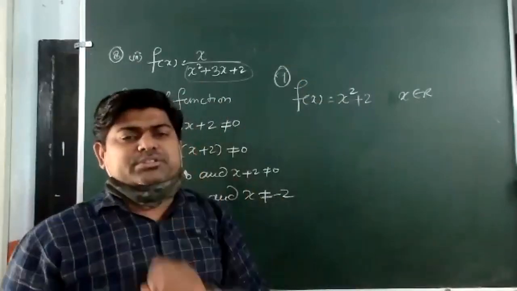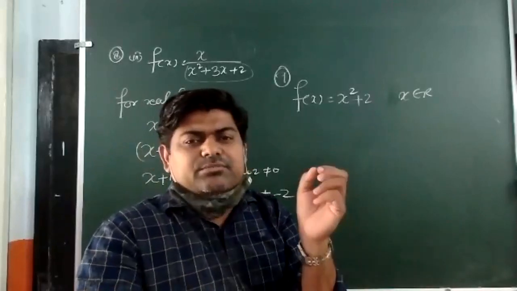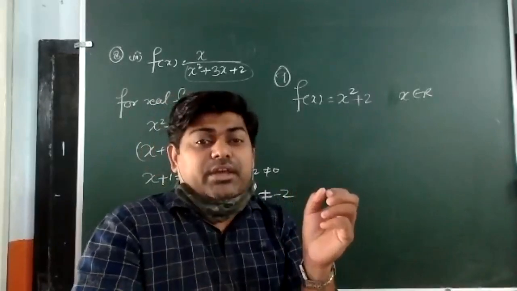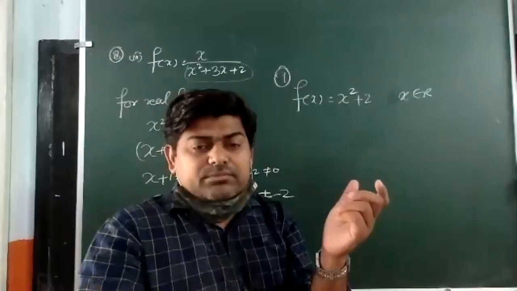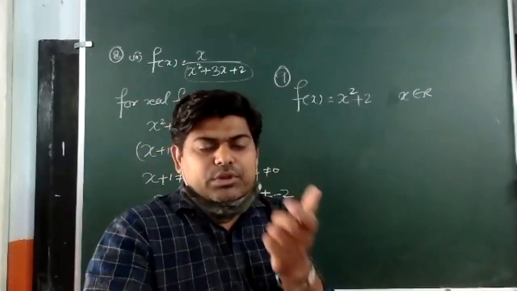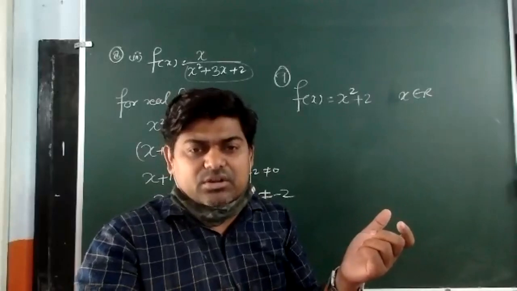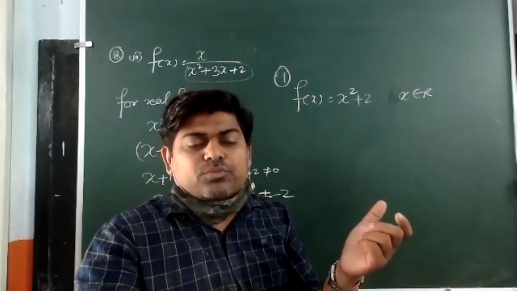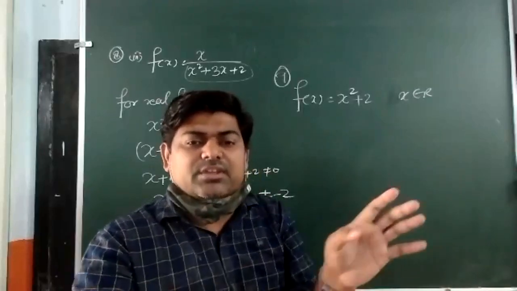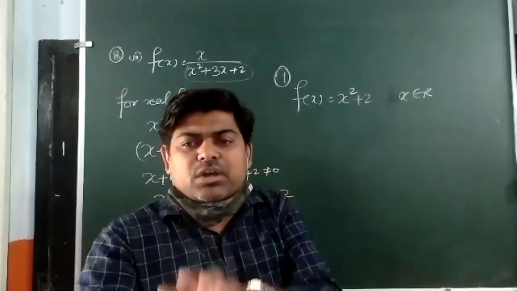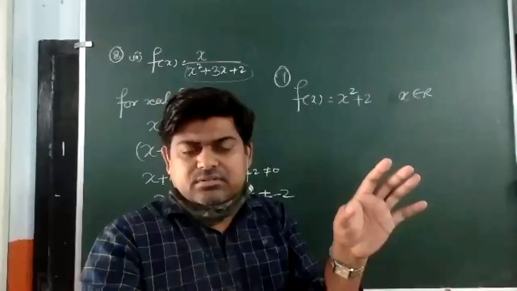As I told you, there are two methods. One, I can take f(x) equal to y. Then we will try to find the value of x in terms of y. Then we will see for what values of y x is real. Is there any value of y for which it is not real? For those values of y which do not satisfy it, I can't take them as range. I can only take the values of y for which that condition is satisfied, so x is real. That is the first condition.